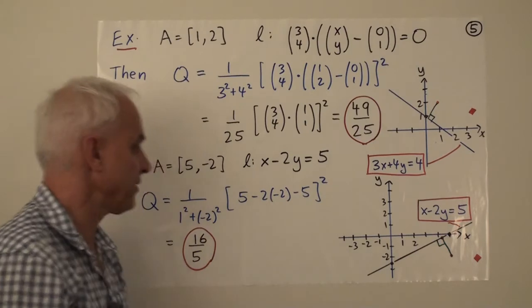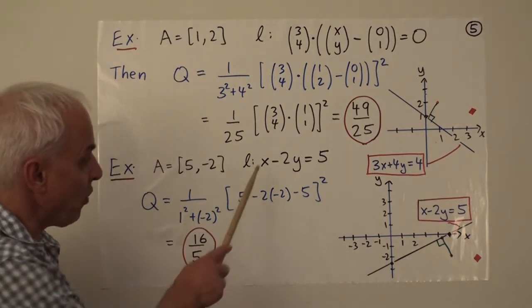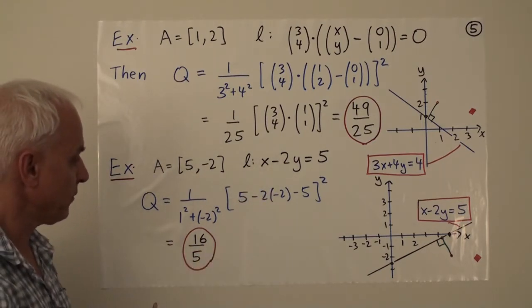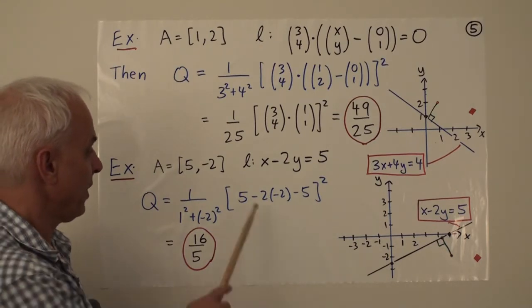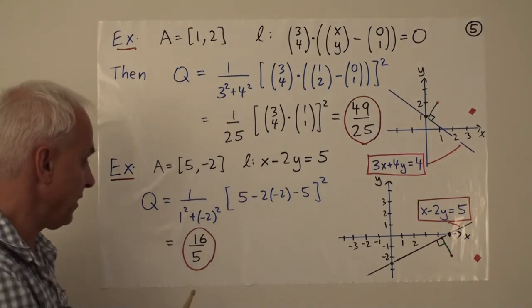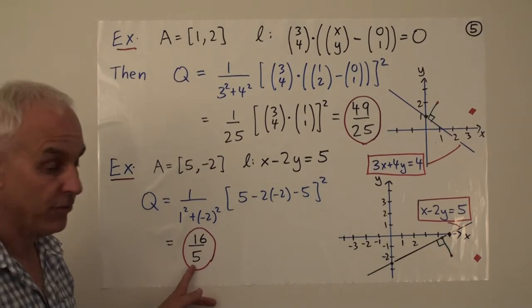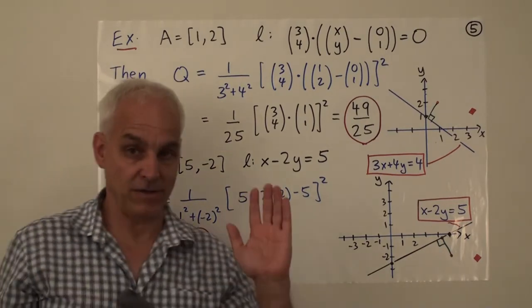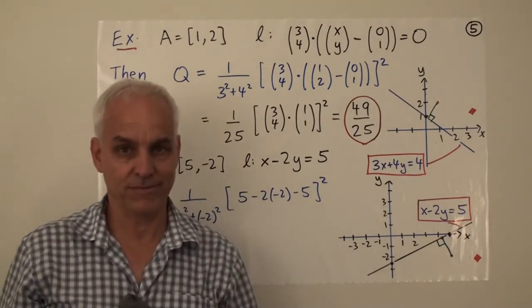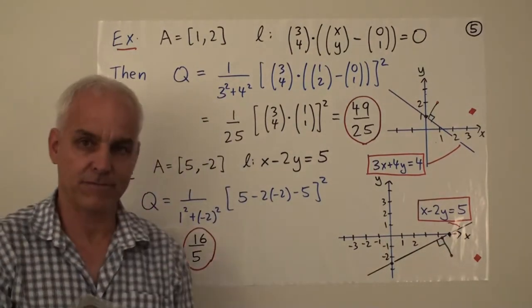We have to square all of that, and we have to normalize by the sum of the squares of the coefficients of x and y. In this case, 1 squared plus minus 2 squared, for a total of 5. Minus 5 is 0, and then there's a 4 in there. 4 squared is 16 divided by 5. So here this is not a square. So in this case, the distance is not defined. No distance, but there is a quadrance. There's always a quadrance. The quadrance from this point to this line is 16 over 5.